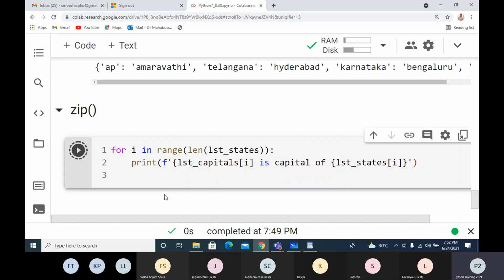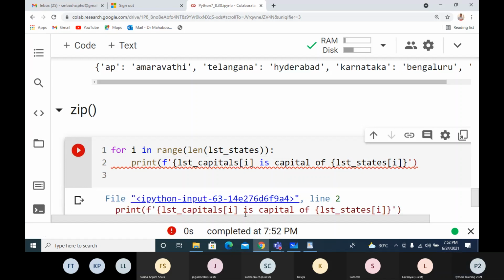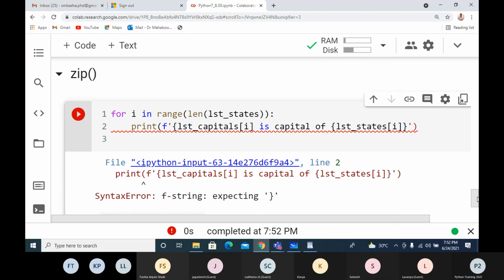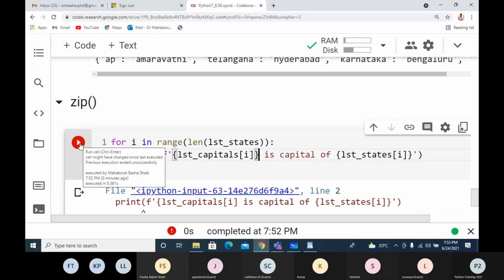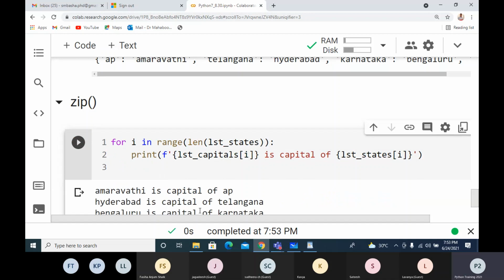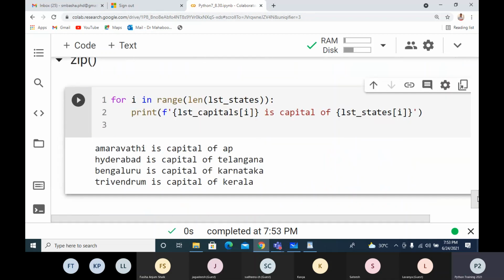Now if I execute this, what is it giving? Here one bracket I have to give. Bracket is missing. So now it says Amaravati is capital of AP, then Hyderabad is capital of Telangana.